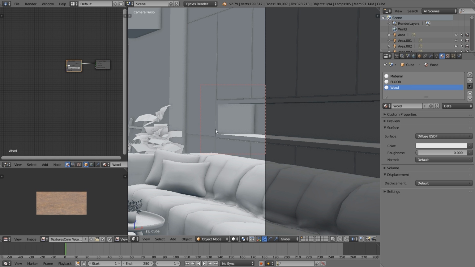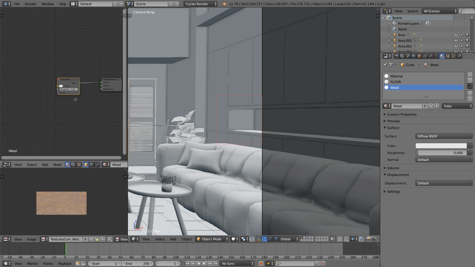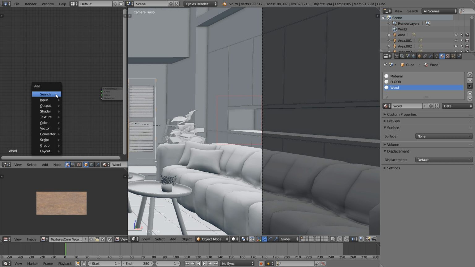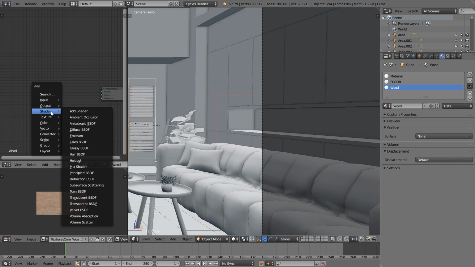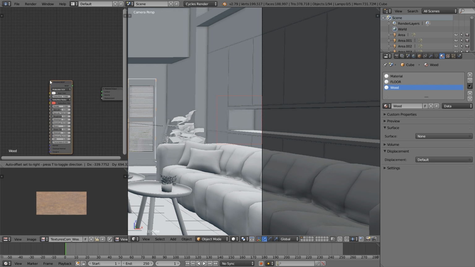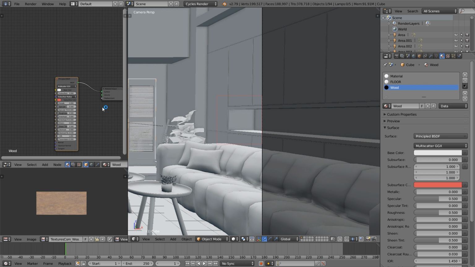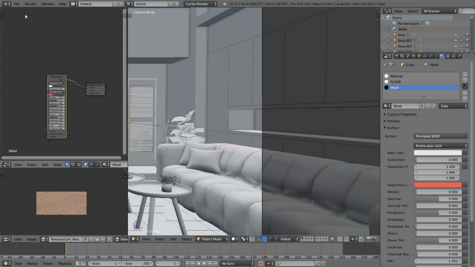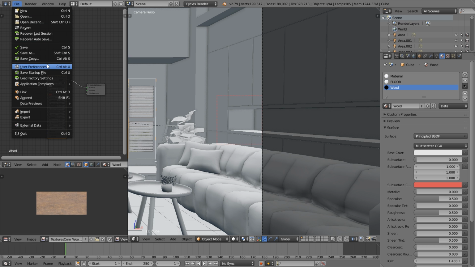As you can see, it's a little bit laggy right now. I'm not exactly sure why, but we'll go ahead and delete the diffuse, go Shift A, add in a shader and a principled shader. And then we'll connect that up. And another thing we can do right away is enable the Node Wrangler add-on, because this is helpful for previewing